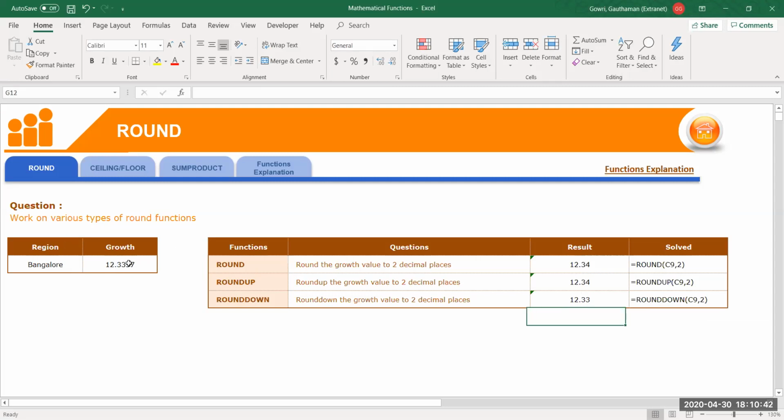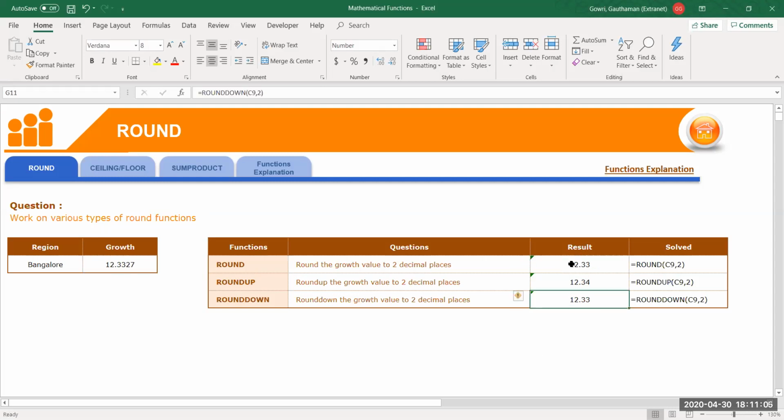Now suppose I change this to 8. You see? Did you see the change? Now here, let me change this to 2. Now you can see round and round down are matching.